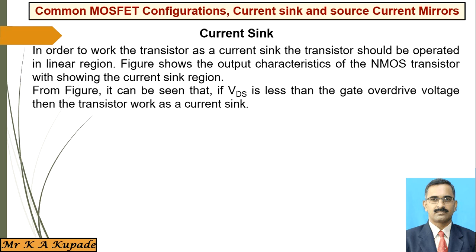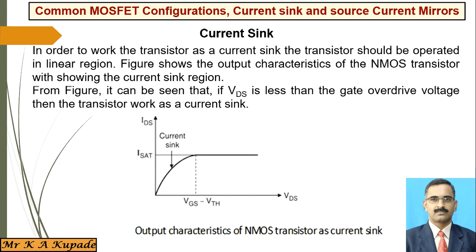Up to that, the current increases linearly, and that is the point we are considering as the linear region. In that linear region, the resistance relates the voltage and current. So if you think the MOSFET should operate in that particular region, then the MOSFET should work in the linear region. The current sink should be considered in that linear region. Then how is it considered? See this particular graph.